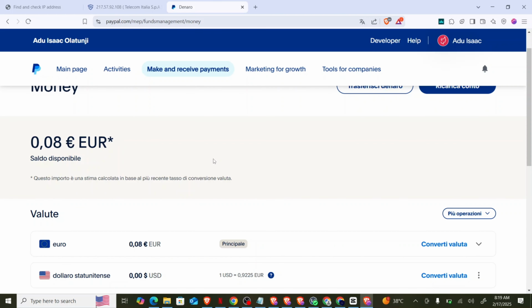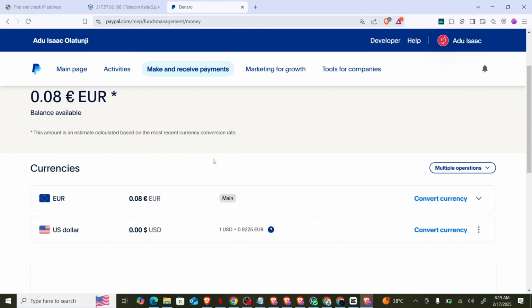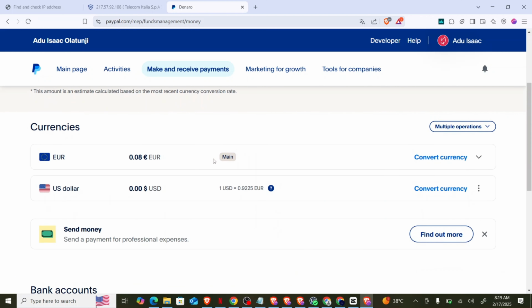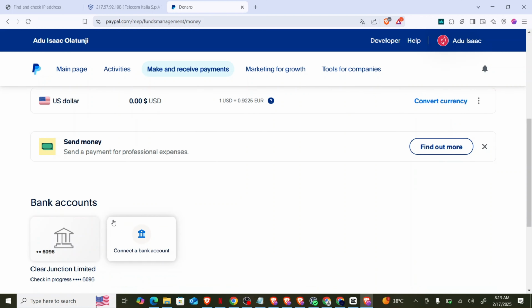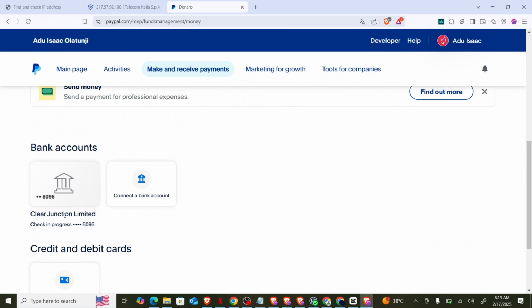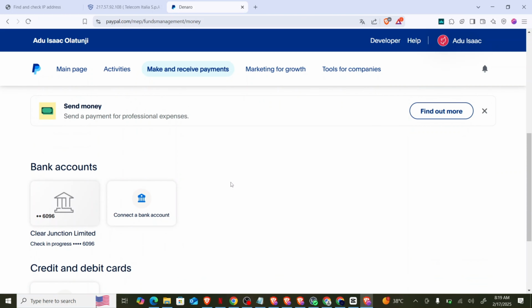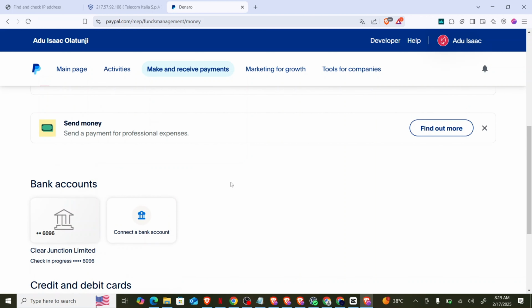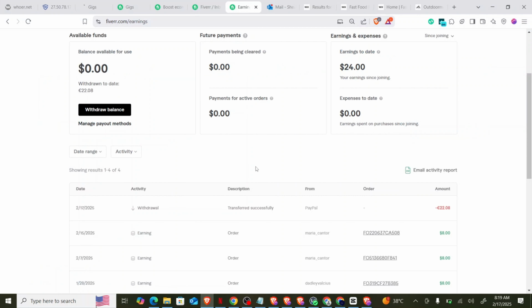So I made a test payment on this. I withdrew money from my Fiverr account onto this paper account and sent it over to my virtual bank account. You can see that I linked my bank already. From my bank account, I received my payments to my virtual bank account, which I'm going to show you. So now, for you to believe that I did this successfully, on my Fiverr account I